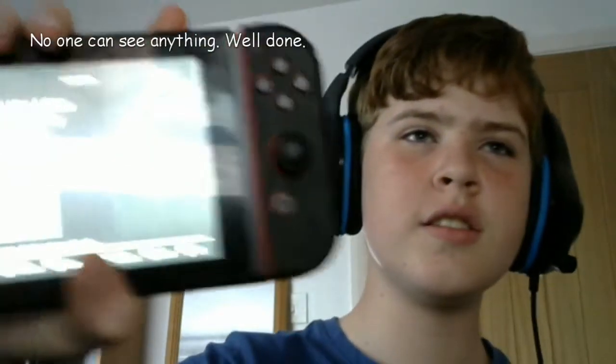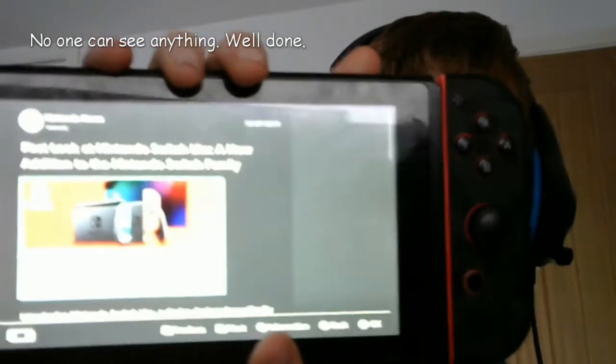Usually I'm a Let's Player, but when I got home, I was playing on my Switch, right? Here it is, it's just here. And then I see this. It's hard to see. There's a new type of Switch which is coming out called the Nintendo Switch Lite, and I think it sounds pretty exciting. It's going to be a bit like the Switch here, but